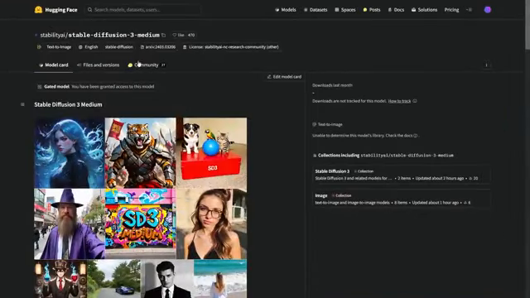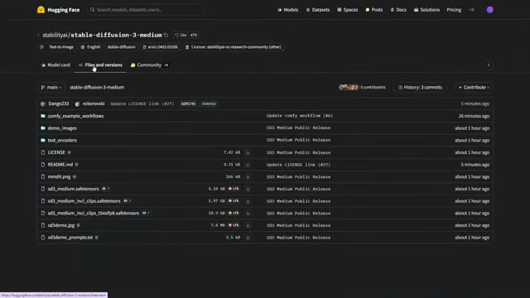Now, let's break down the differences between the 3 weight models for Stable Diffusion 3 Medium. The Stable Diffusion 3 Medium model comes in 3 different packaging variants to cater to diverse user needs. The first variant, SD3 Medium.safetensors, includes the core Multimodal Diffusion Transformer, MMDiT, and Variational Autoencoder, VAE, weights, but does not come with any text encoders. This version is ideal for users who prefer the flexibility of integrating their own text encoders, or for those who